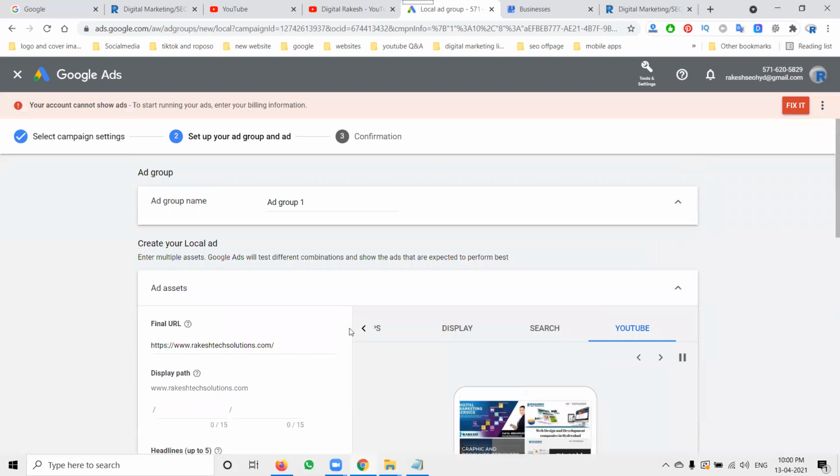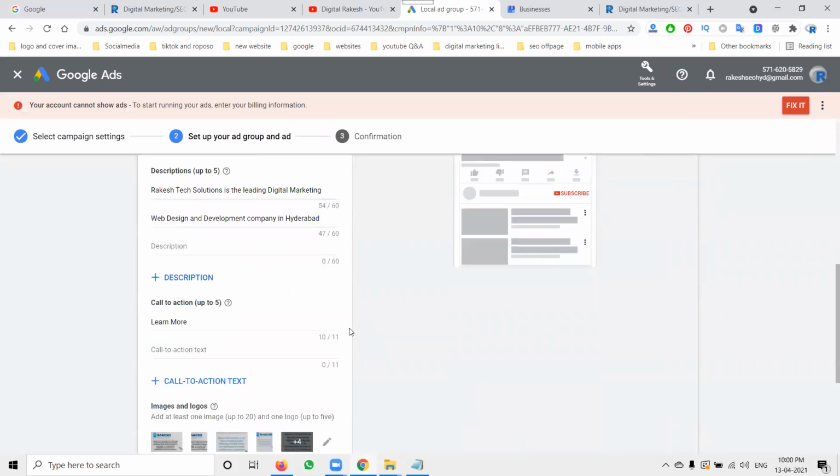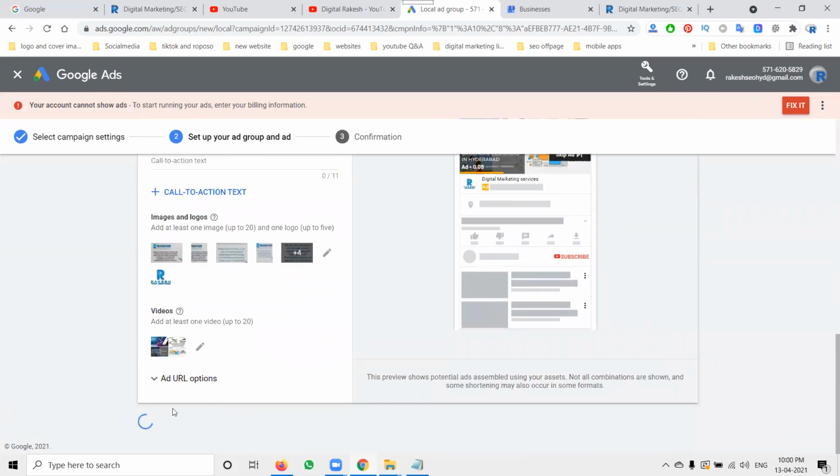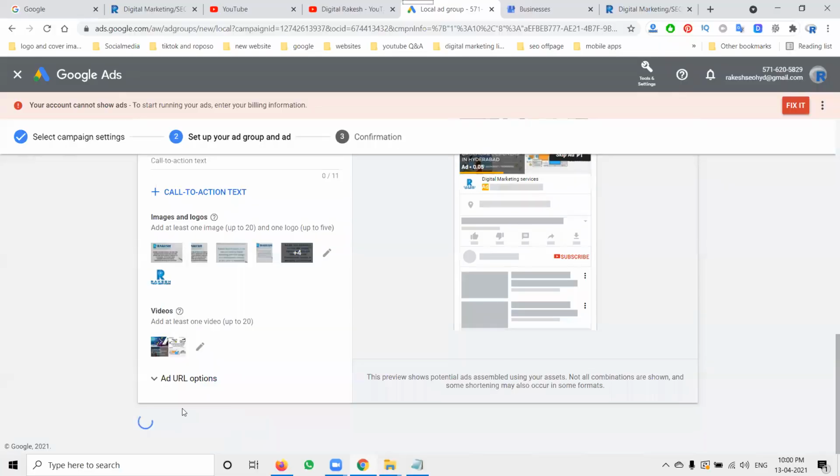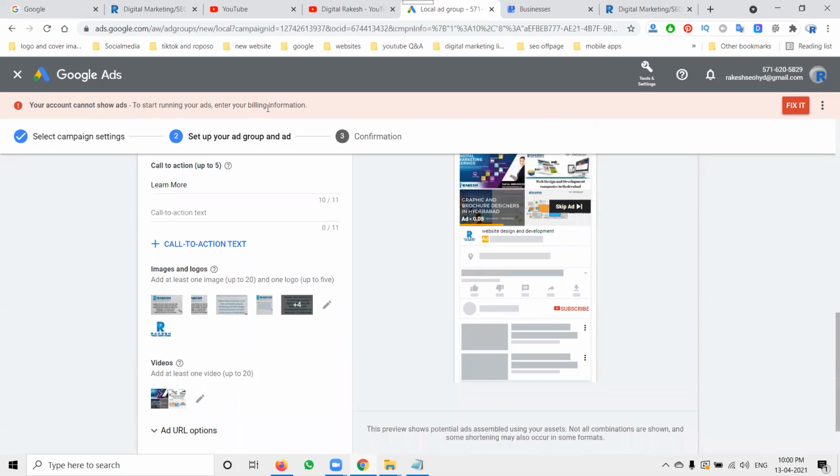Here we can find out what errors occur. When we come to the final save and continue option, the ad will be posted in a particular direction. So here the map ad will start. I'm clicking this option, and we get one error: your account can't show your ad, so start running it first.